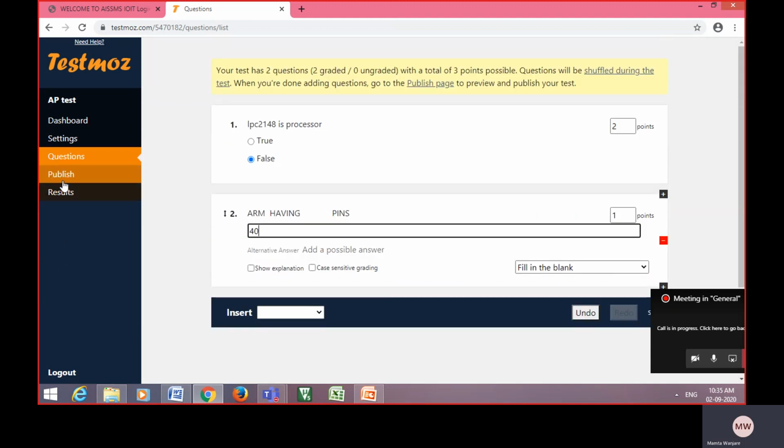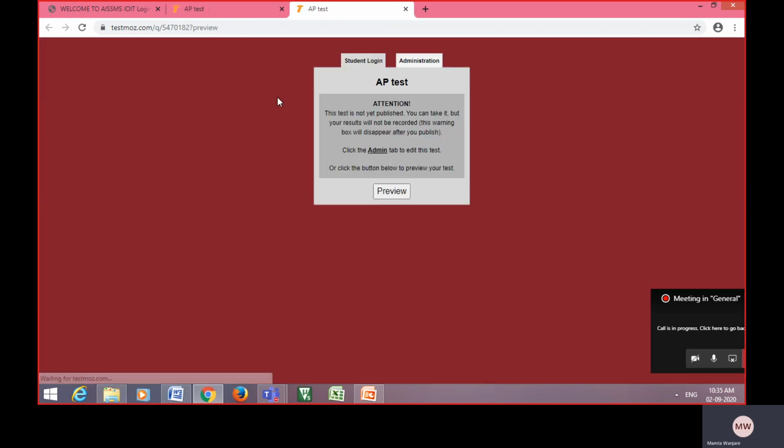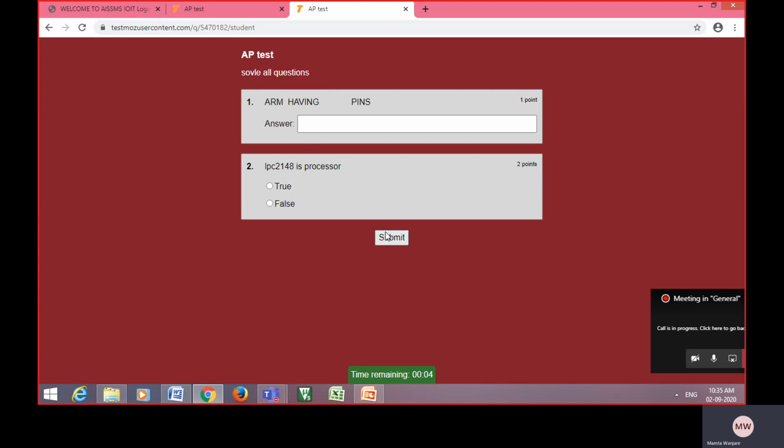After setting, go to the publish button. If you want to preview that question from student login, two questions will be there.